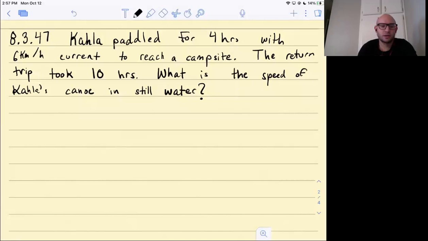So first, let's identify: is this a head start problem, like the one with the train? Is it a collision problem, like where do they meet? Are they coming at different speeds, and we want to know where they meet from different spots? Or is this something about a round trip, but there's a current involved? Each of those problems you can use a table for, and it's good to know what category each of those looks like.